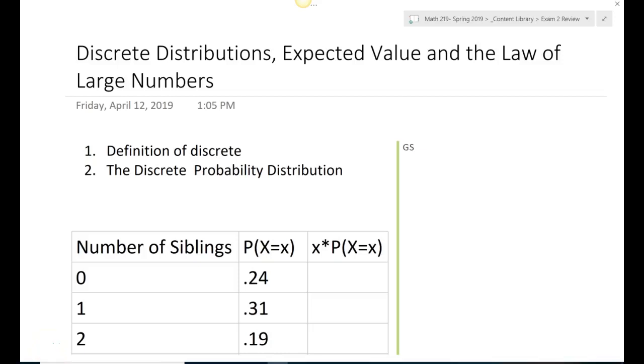Okay, so this is Dr. Sweeney, and this is the first part of our review for exam number 2, which is on quantitative distributions for